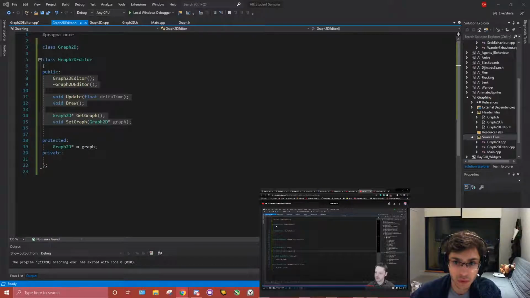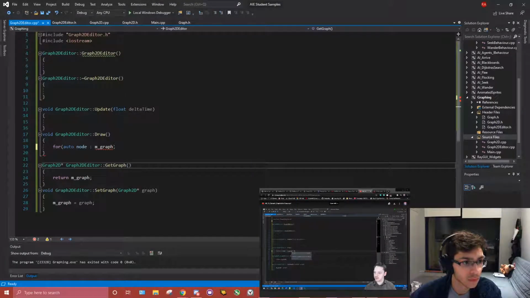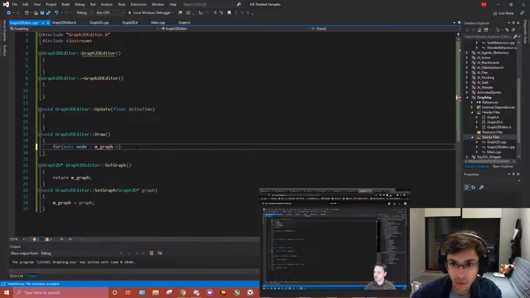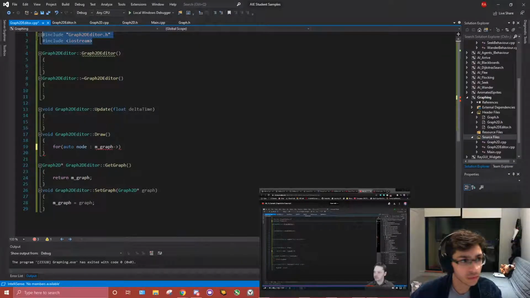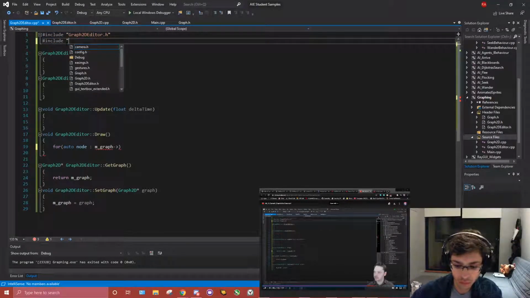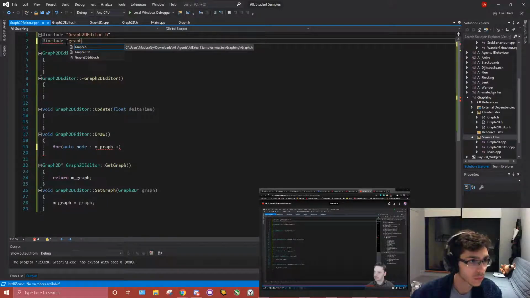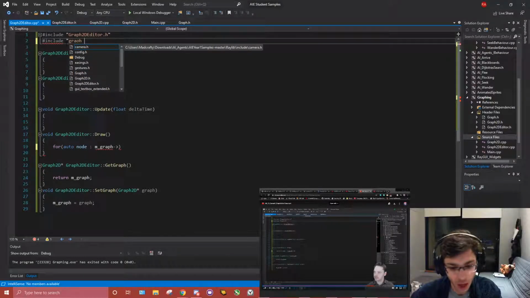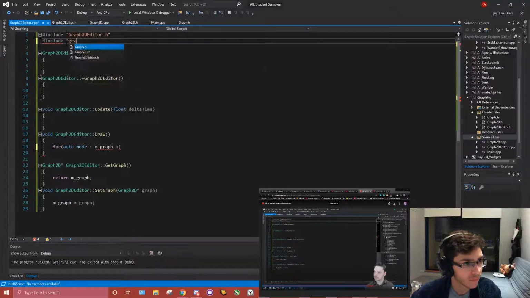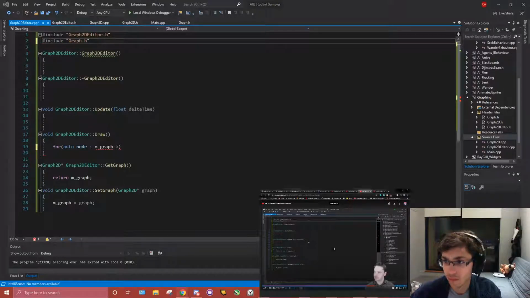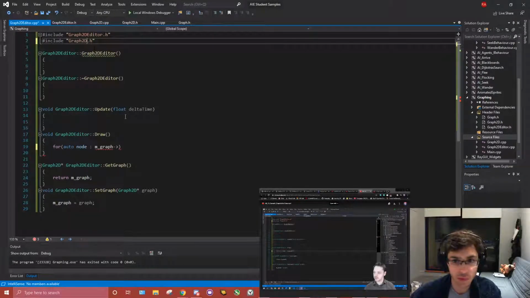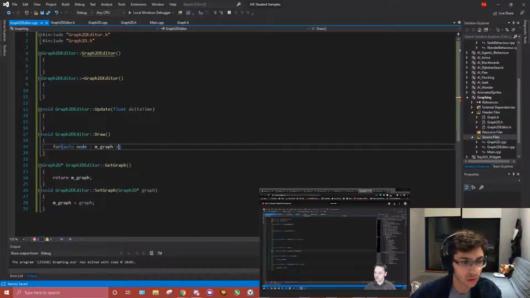Graph arrow says pointer to incomplete type, so include graph 2D. Now that works. Get nodes. So we want to loop through all of the nodes, and we'll say for each node,